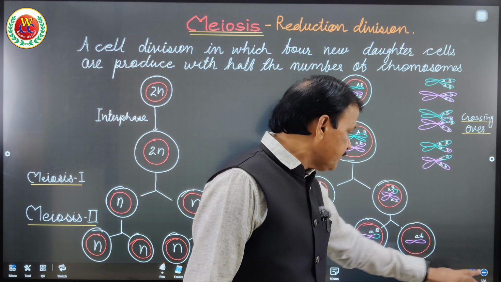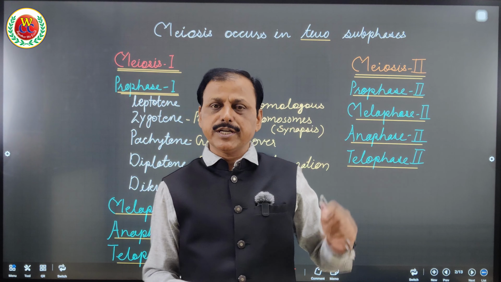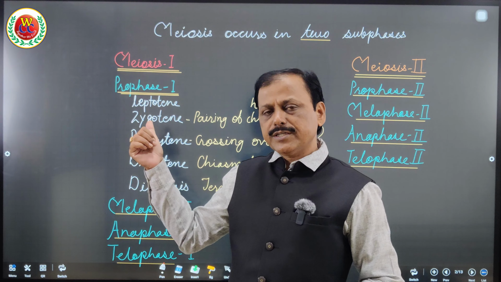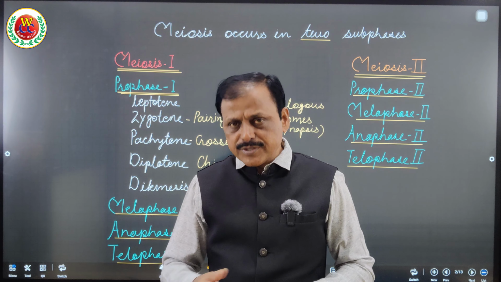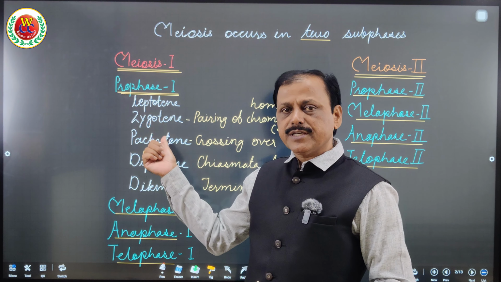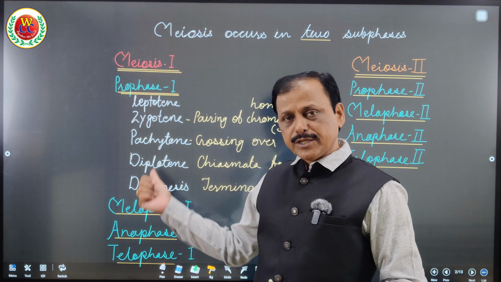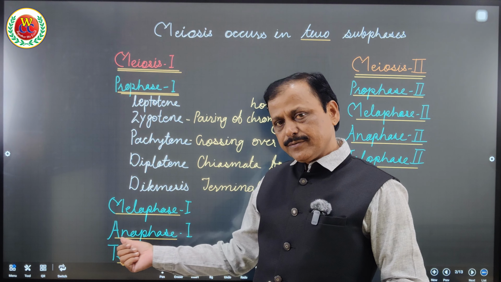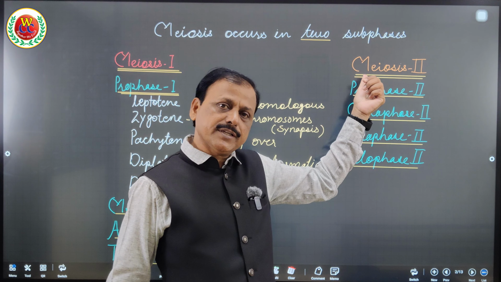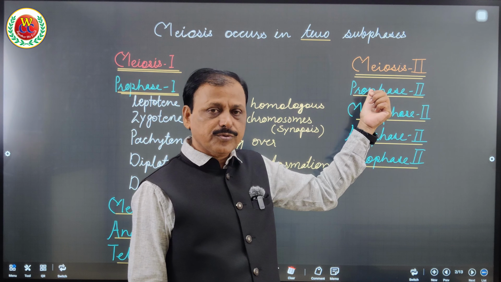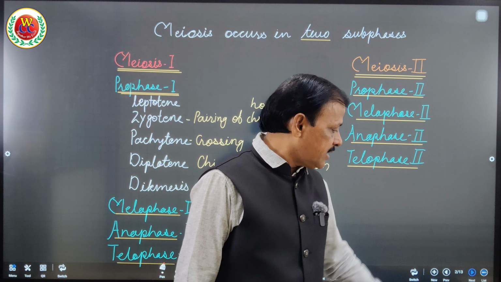See here I have written that meiosis occurs in 2 subphases, meiosis 1 and meiosis 2. Meiosis 1 is very long, since in meiosis 1, prophase 1 has 5 subphases, that is leptotene, zygotene, pachytene, diplotene and diakinesis. That also we have to understand, including metaphase 1, anaphase 1, telophase 1. After telophase 1, meiosis 2 will have prophase 2, metaphase 2, anaphase 2 and telophase 2. Let us understand in sequence what these